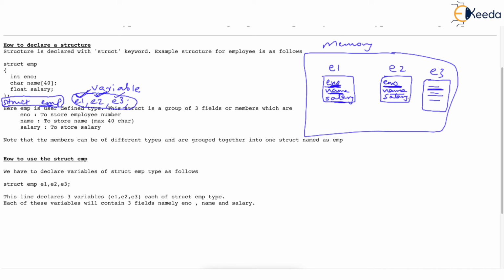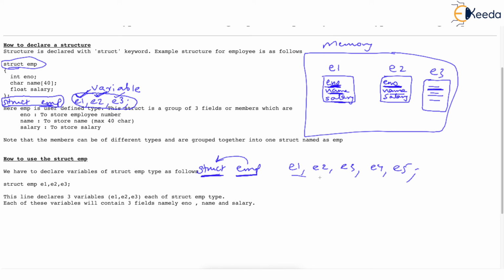What if you wanted to store data of 5 employees? Simple. You say I want E1, E2, E3, E4, E5, and all these variables are of type EMP, where EMP itself is a structure. Note, the word struct must be written before the word EMP, because that's how we have declared it.